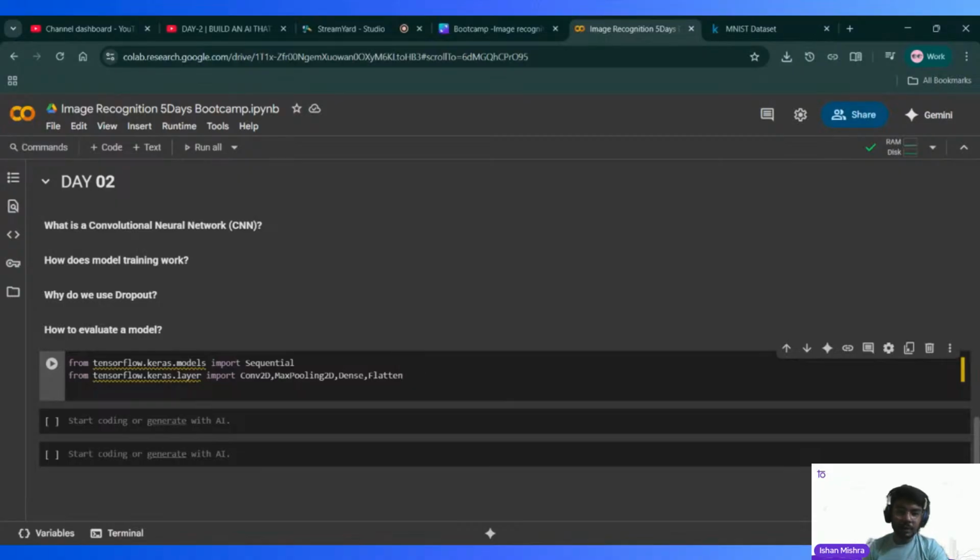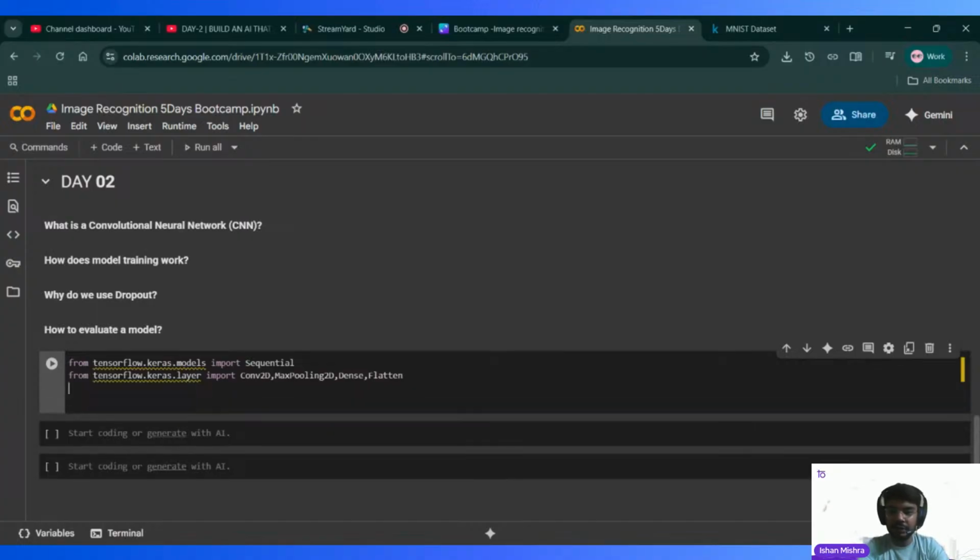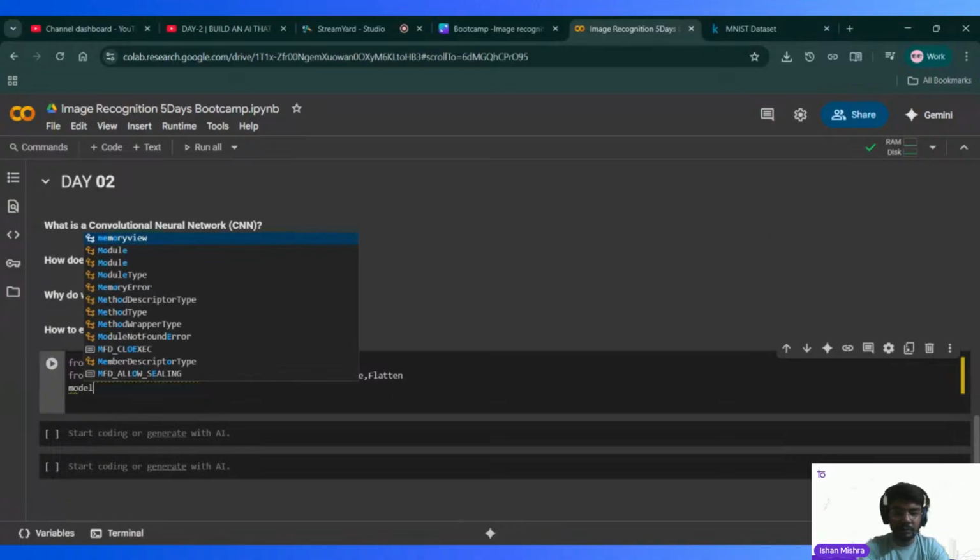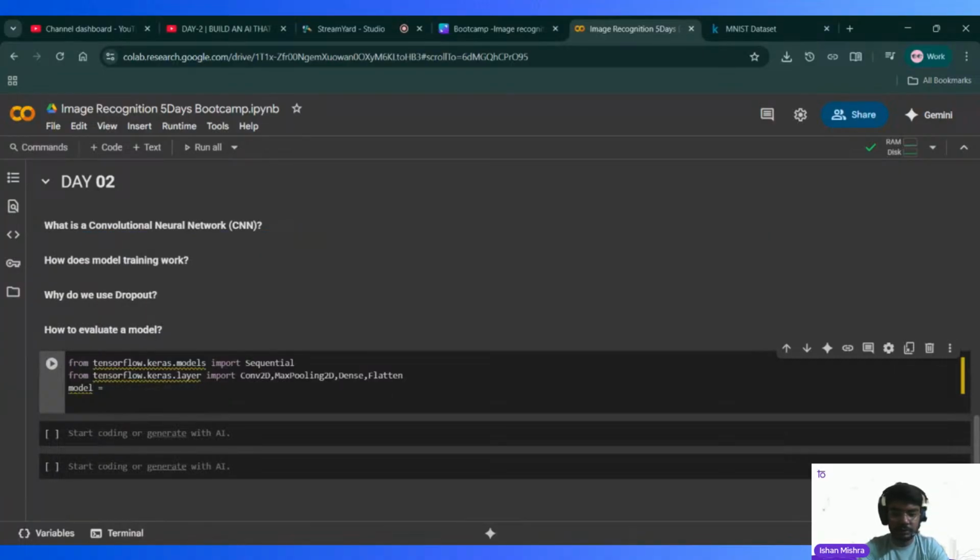All these dropout questions and evaluating the model training, we will discuss after some time, but first we will put our model on training because it will take time. So first we are going with this, and if you have missed the starting part, please go back a little and think about why we are doing this first, and then move forward. So moving forward, we will put our model equals to